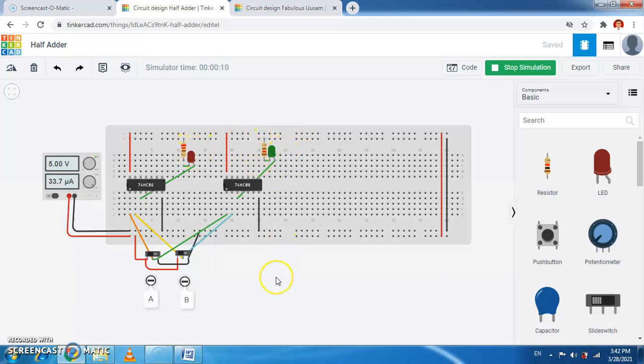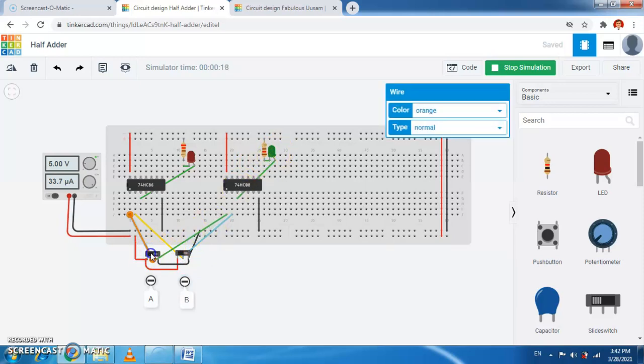So carry is equal to A dot B, that is 0 dot 0, which is 0. Now we make A is 1. Then 1 plus 0, the sum is 1, but the carry is still 0 because 0 into 1 is 0. Now we make A 0 and B 1. Still the sum is 1, but the carry is 0.